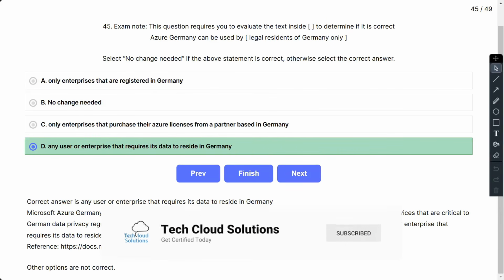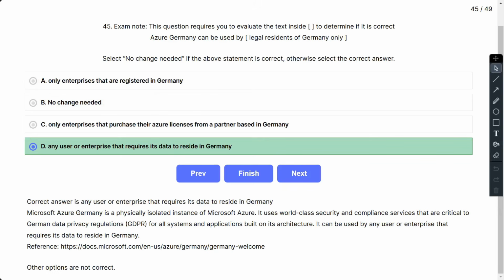So Microsoft Azure Germany is a physically isolated instance of Microsoft Azure. It uses world-class security and compliance services that are critical to German data privacy regulation for all systems and applications built on its architecture. It can be used by any user or enterprise that requires its data to reside in